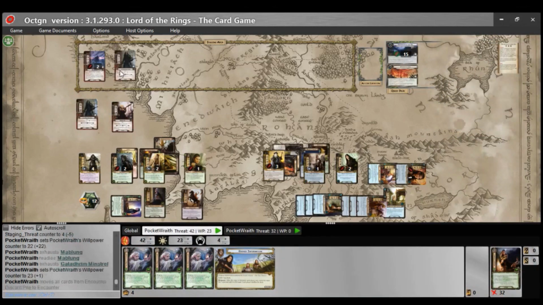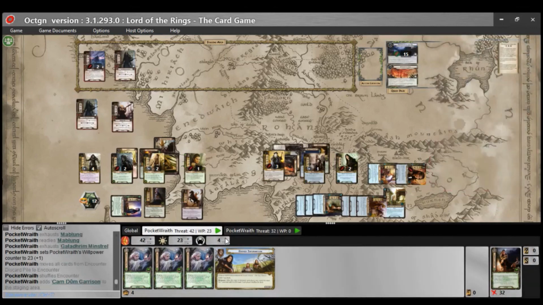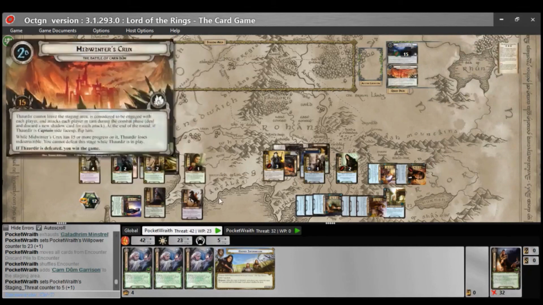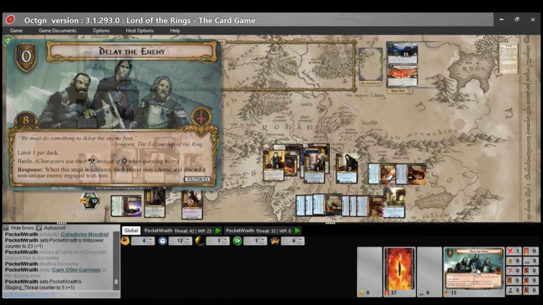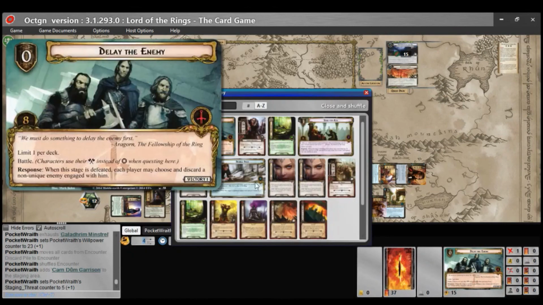And reveal. Carn Dum Garrison. Okay. So that's fine. Thing is, if I revealed Fortress Walls, then that would have been 8 threat, so I want it to be at 23, so that would make 15 progress regardless. I have not added a Carn Dum Garrison to the victory display. It's something that I liked to do in test plays. It worked rather well, but